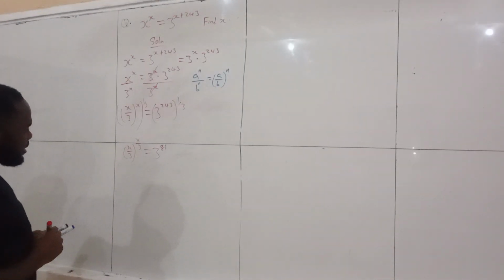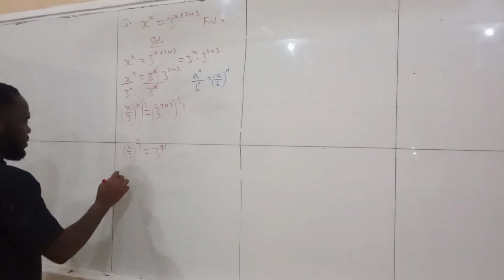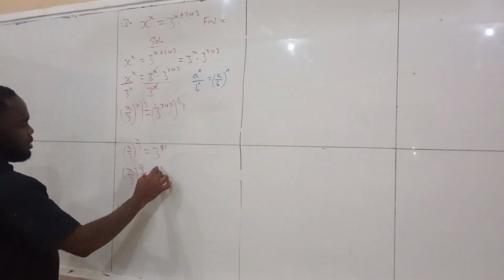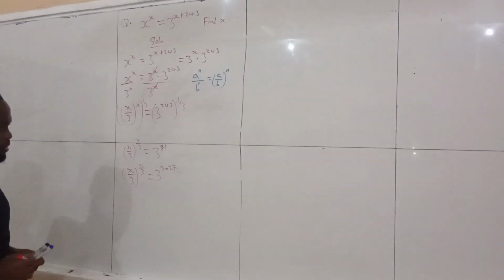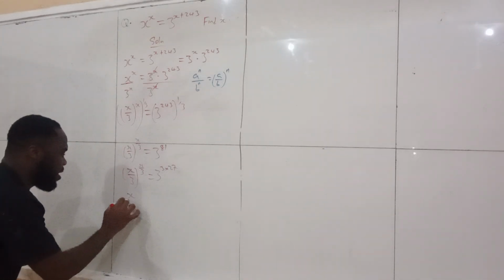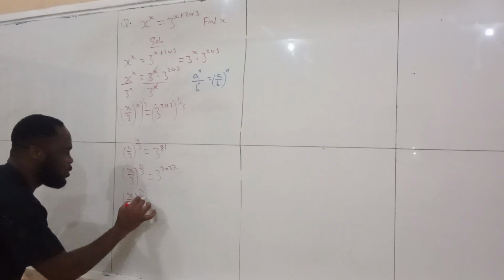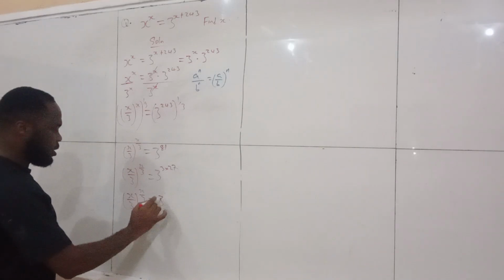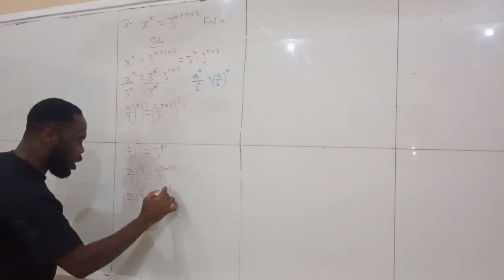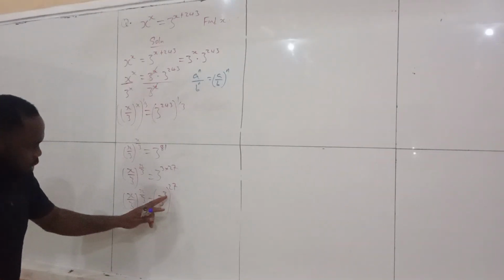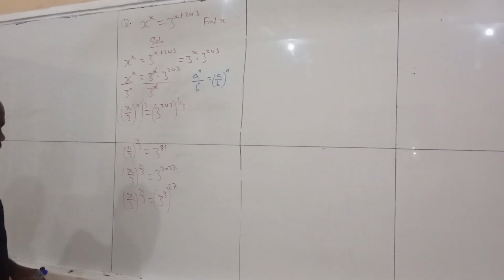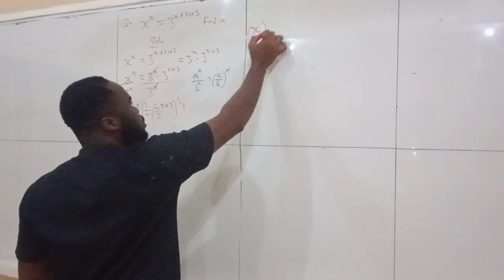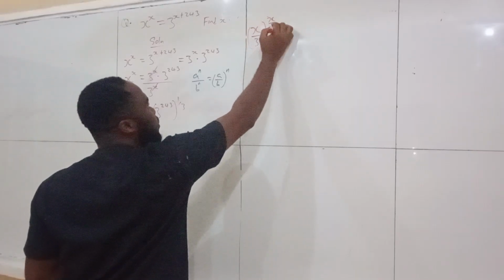Now, what else can we do here? We can express 81 as 3 times 27. When we do that, we're going to have x over 3 all raised to the power of x over 3 is equal to, now we can express this as 3 raised to the power of 3, then all raised to the power of 27, such that by powers law, we can multiply all this and still have this back. That's good. So from here, now we're going to have x over 3, all raised to the power of x over 3, which is equal to